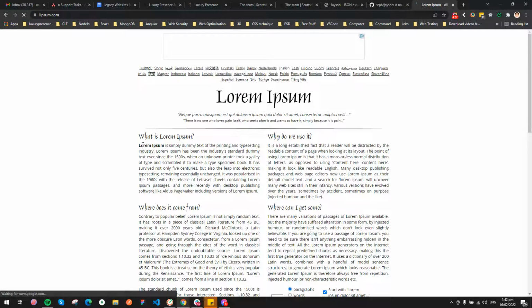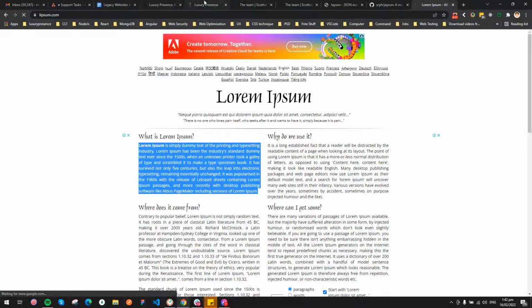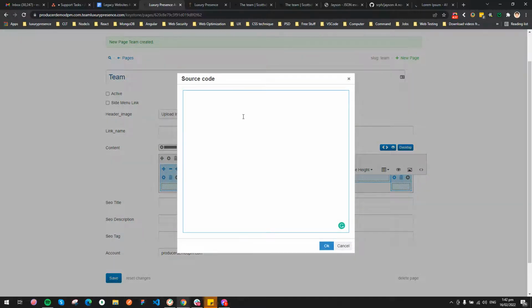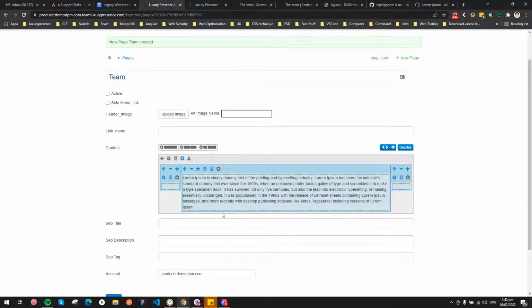So let me just get this text. Of course, you can do whatever you want here. I'd like to make it very, very simple, so I'll just paste it, or you can paste it as plain text to remove all the